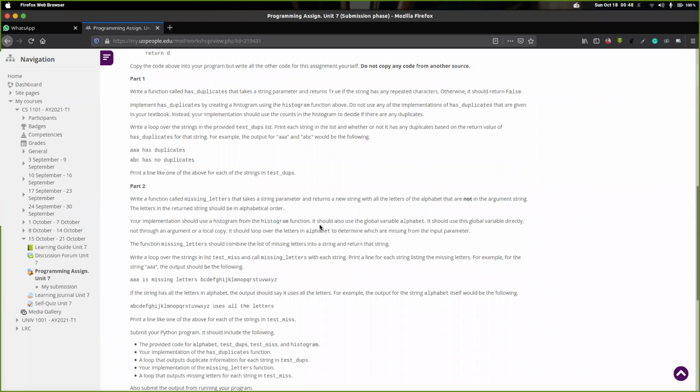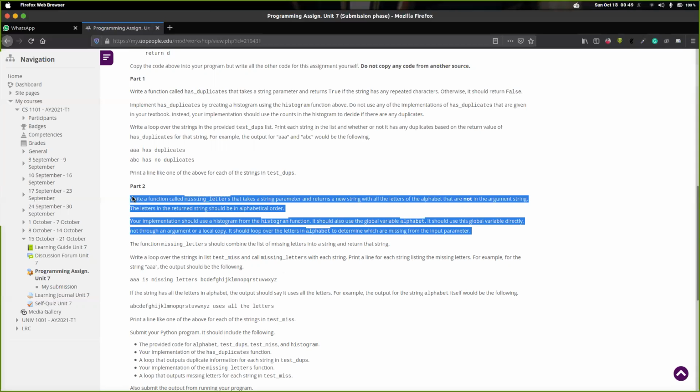For the histogram function, it should also use the global variable alphabet directly, not through an argument or local copy. It should loop over the letters in the alphabet to determine which are missing from the histogram, combine the list of missing letters into a string and return it. Okay, so this is probably the third part. So forget that. The first part of this part 2, which is here,